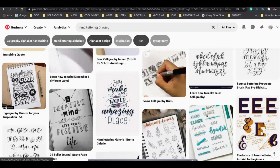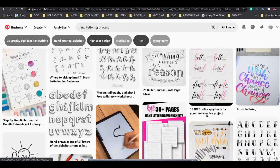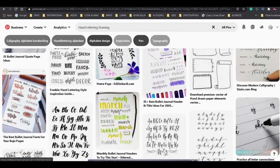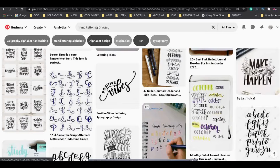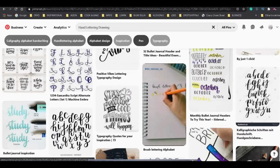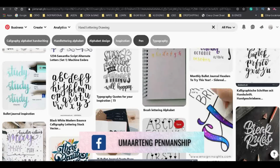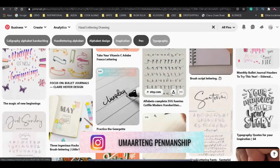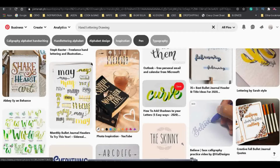But I'm just showing you what you can see because there's actually a lot on Pinterest. If you like something, you could pin it, so you could go back to it or save it. You could make it as an inspiration. You could make your own version, but yeah, I suggest make your own version, not just copy